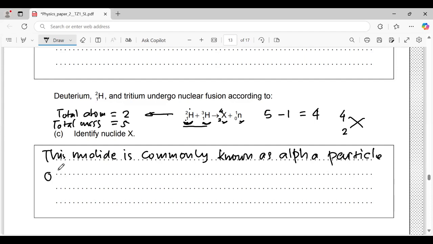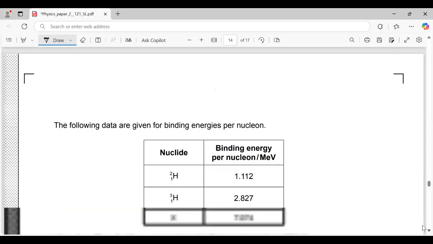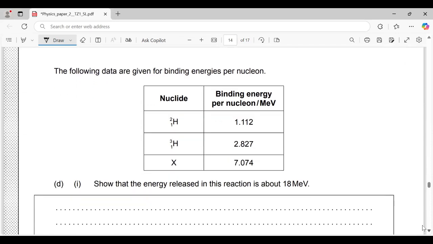It's the alpha particle, helium-4, atomic number 2. The following data are given for binding energies per nucleon. That's the data. This is X4 2. So the energy released in these reactions is about